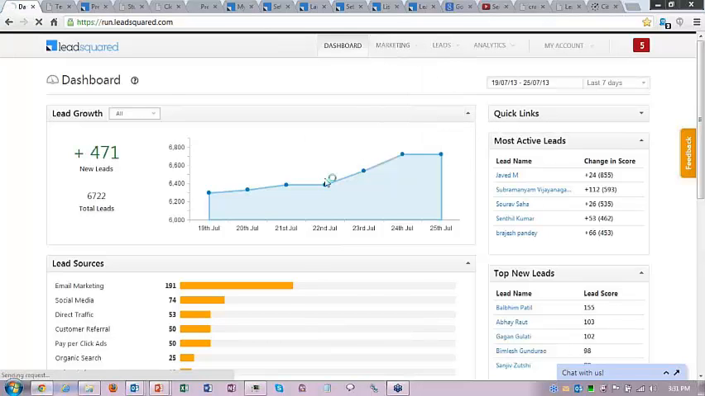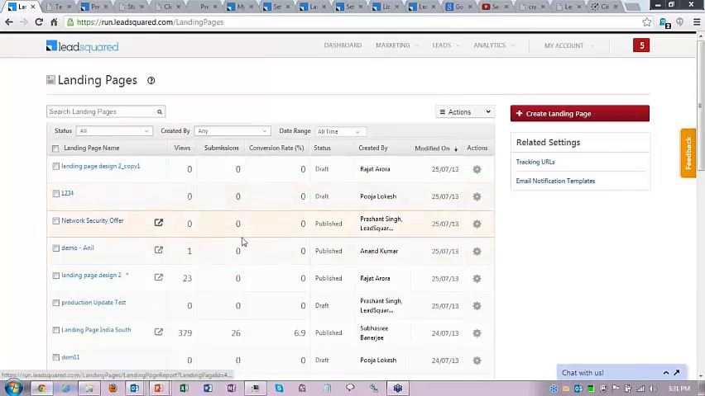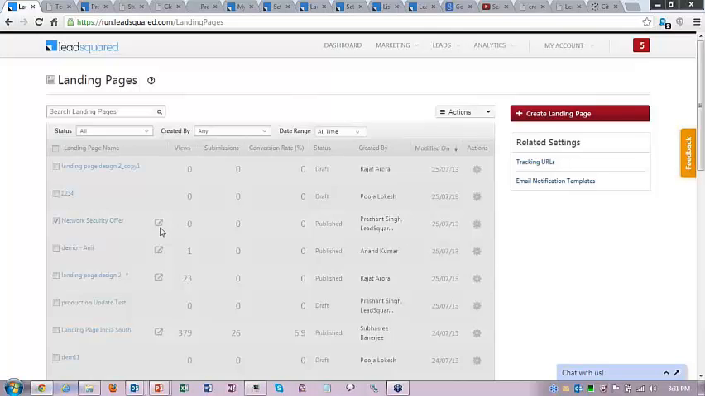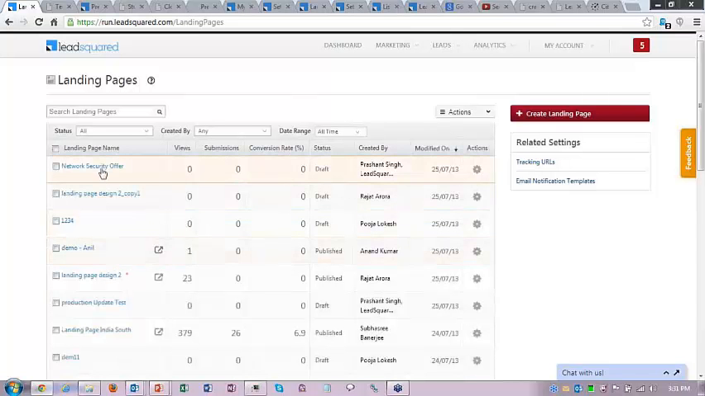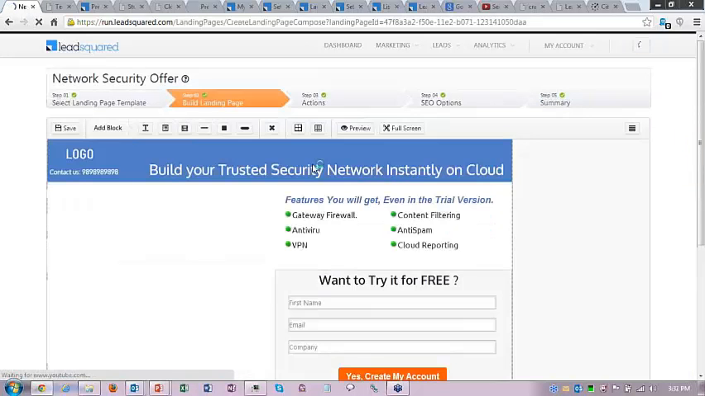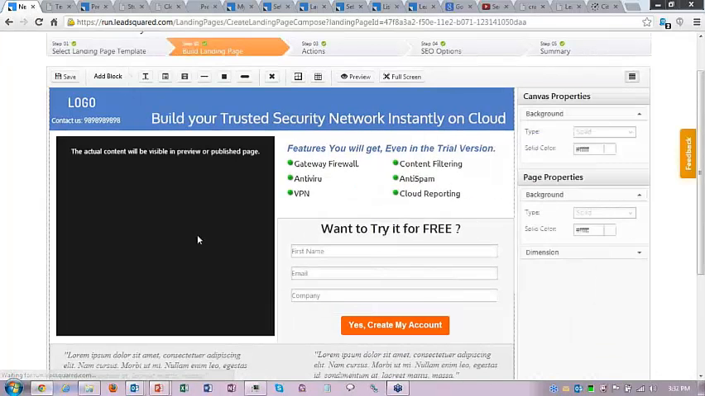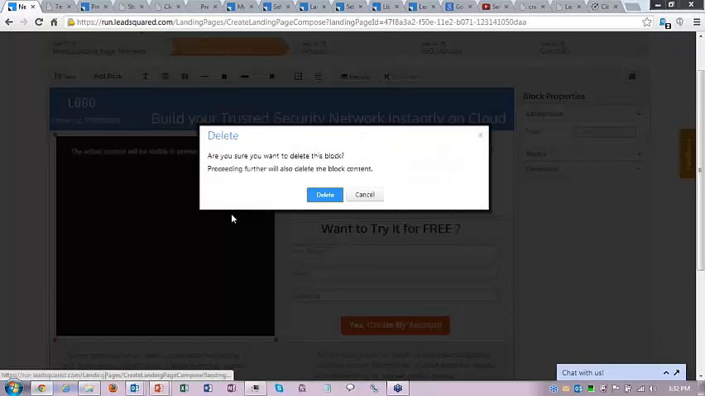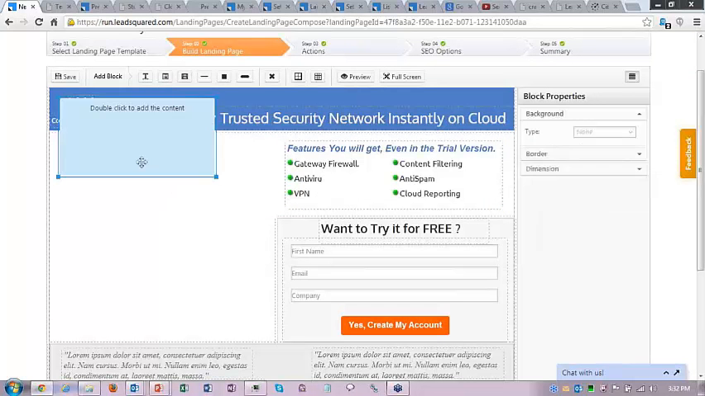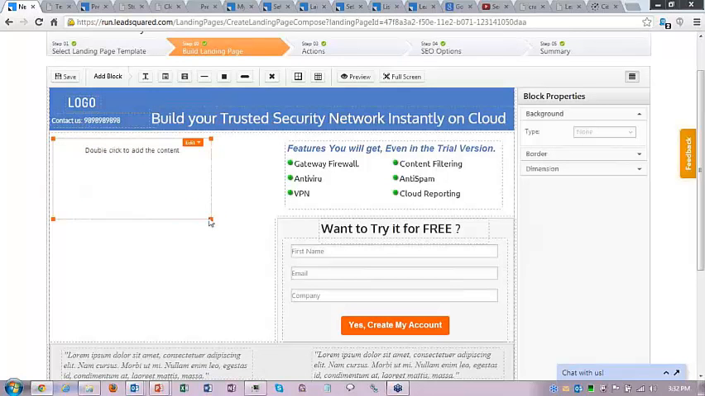So let's go to landing pages. And this was the page that we published. Let me unpublish it. So it's offline now. And I can now edit it. So I go to the landing page builder. This was the media block where I embedded the YouTube video. Let me delete it so that I can show you again. Say delete this block. I can add a media block from here. This icon is for add media block. So I put it here, I position it,